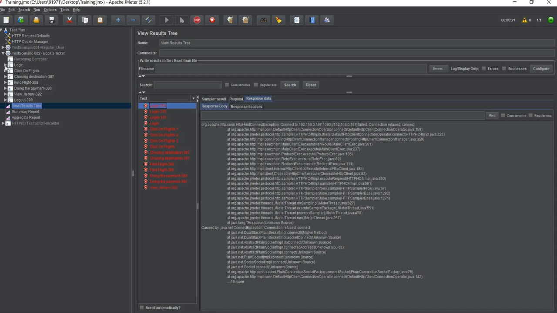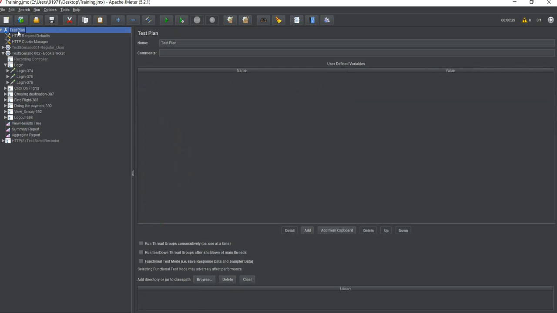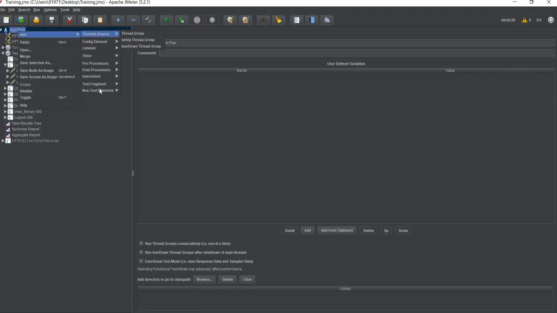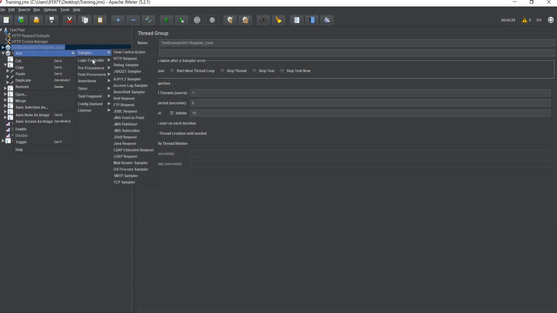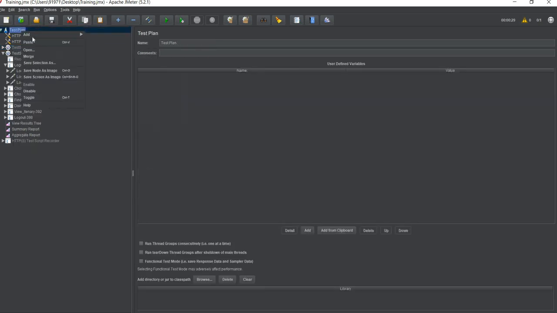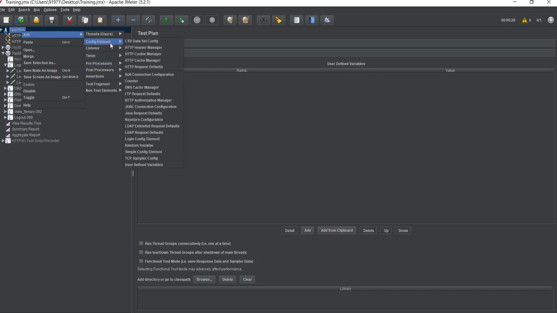So this is a thread group, and if I open up login, you already know that this icon depicts the samplers. One thing you need to understand over here is, I'm going to Test Plan and right-clicking, Add. These are the different components of JMeter, and after clicking on Test Plan we have a few components, and after clicking on Thread Group we have a few components, but we do not have a sampler or logical controller in Test Plan. We have preprocessor, postprocessor, assertions, listeners, and config element.